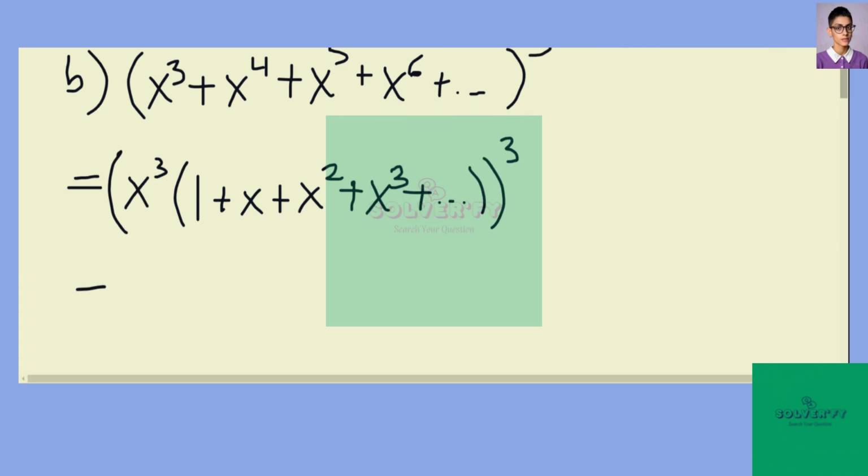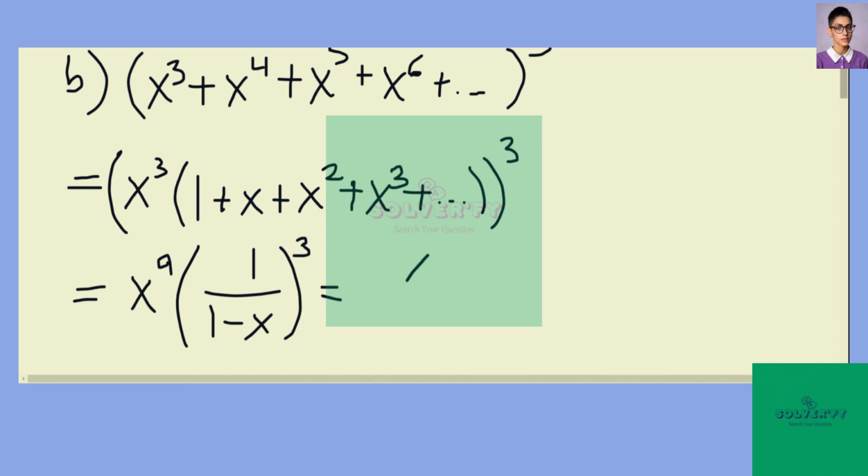This is equal to x cubed cubed, which is x to the 9th, times 1 over 1 minus x, cubed,